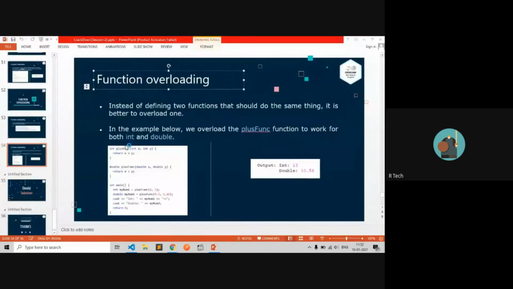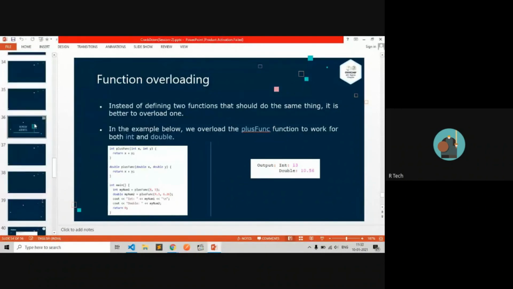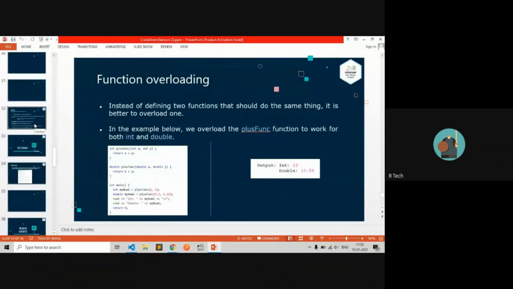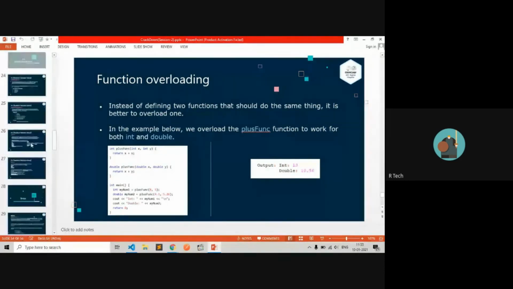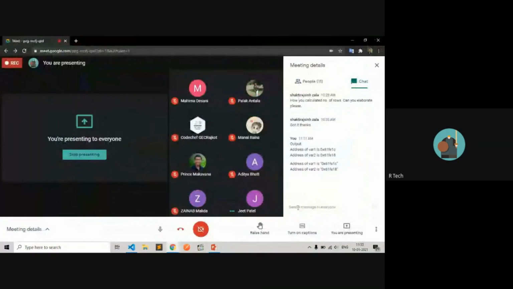As per today's session, we have understood lots of functionality of C++. For the last half hour, we are going to solve your confusions. If you have any kind of confusion, you can ask.